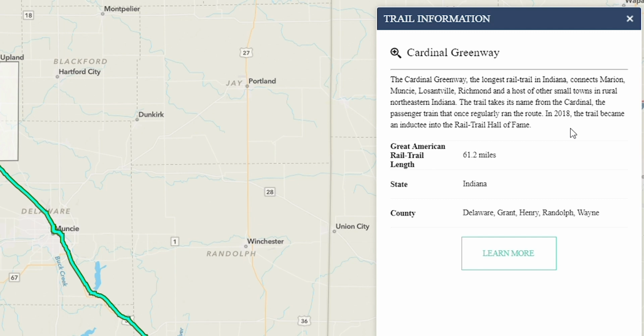You can see the mileage of this trail along the Great American Rail Trail. The trail may be longer than this, but this length you see here is just the segments that fall along the Great American Rail Trail route. We can see it's in Indiana, and we can see the counties it passes through. So that's a nice overview, but there's obviously a lot more to learn from this trail,